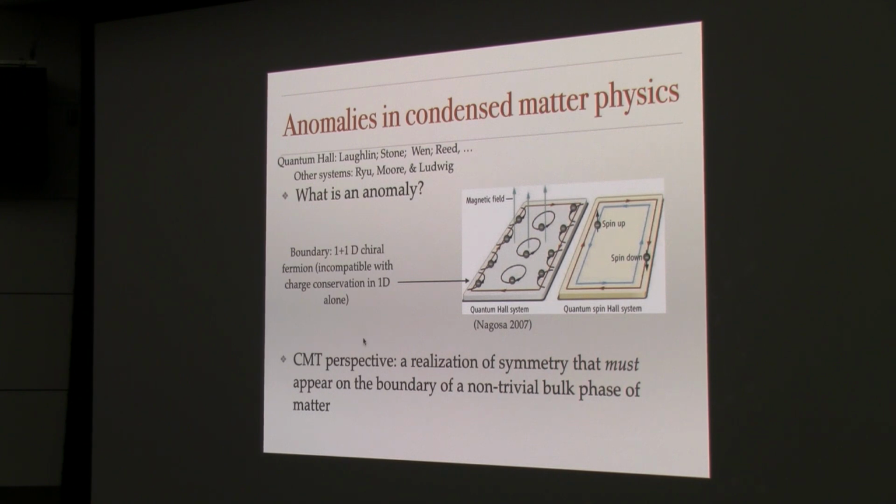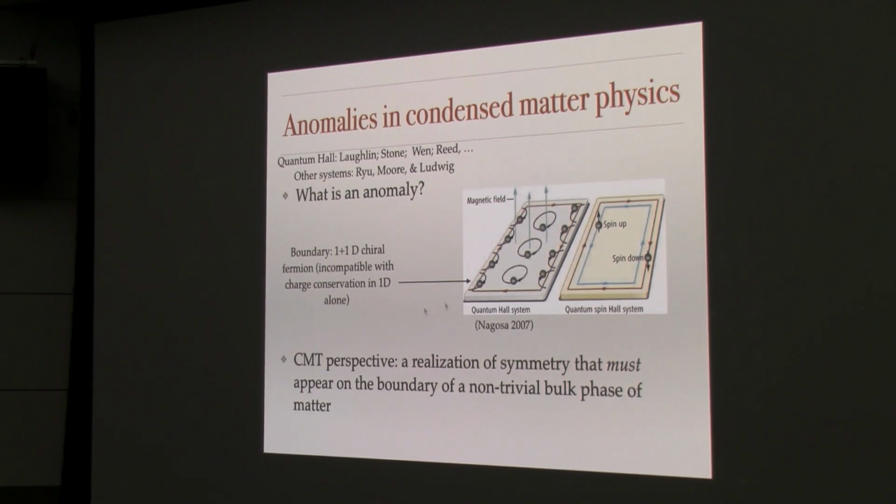And so the starting point that we start from in condensed matter when we talk about anomalies is, what is an anomaly? An anomaly is basically a realization of a symmetry that is not consistent as a symmetry of only a d-dimensional theory, but that we can make consistent as a symmetry of a d-dimensional theory on the surface of a d plus one dimensional bulk. So this picture here